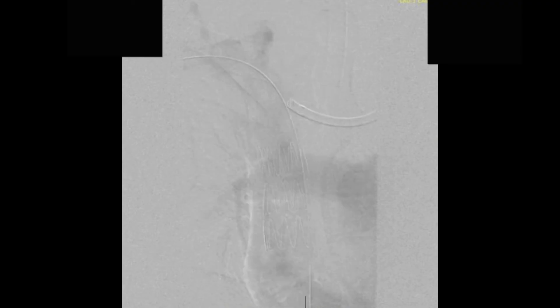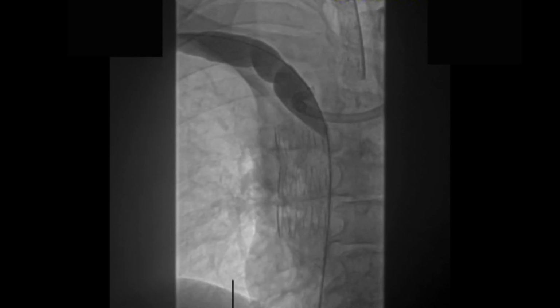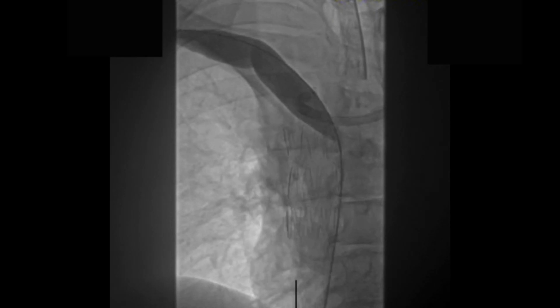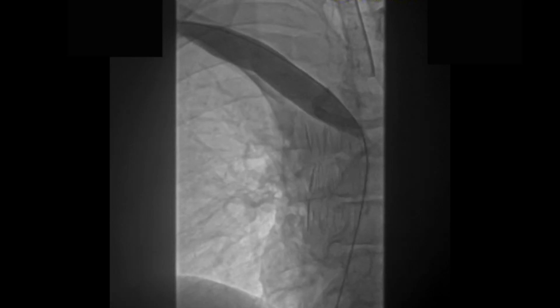On a completion venogram, we were able to see that the previous stenotic SVC is now fully patent, but there was some persistent stenosis in the brachiocephalic veins as well as the right subclavian vein. So we proceeded and performed balloon angioplasty of the right side, as you can see here, with improvement of the